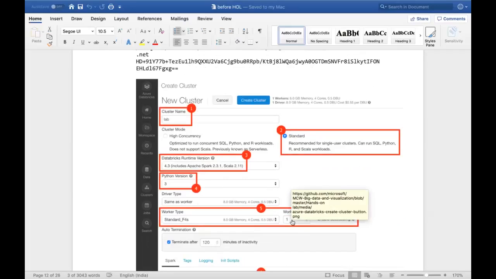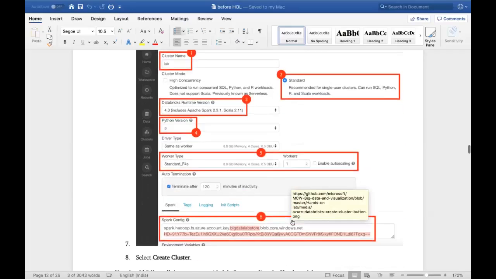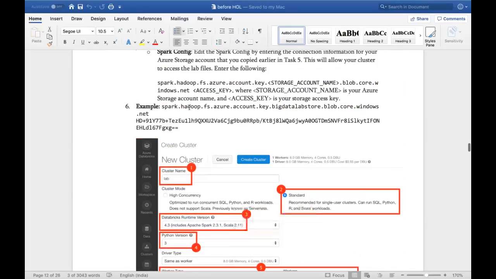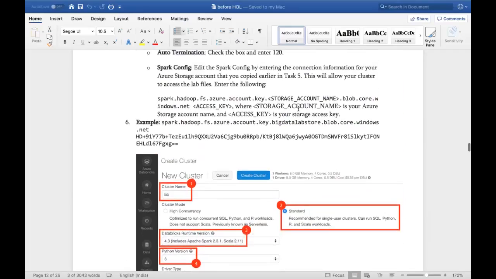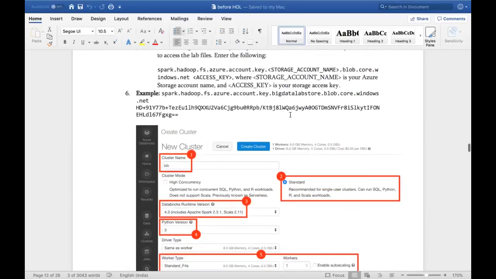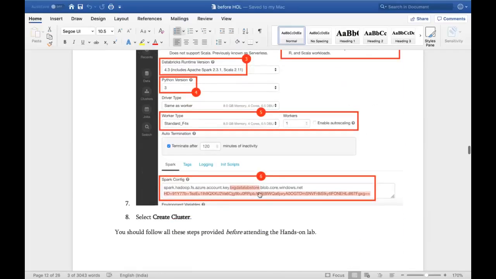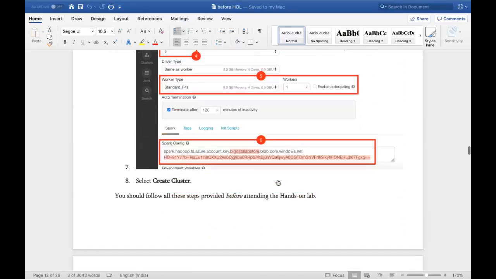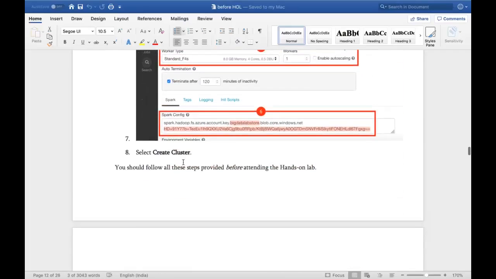And one very important thing is I'm mapping this blob storage. If you observe, this is a blob storage. Remember that we have created in your Spark cluster a Spark container, so I'm giving the same thing here. This is the blob path, where this cluster will be mapped. Create cluster. We're done.